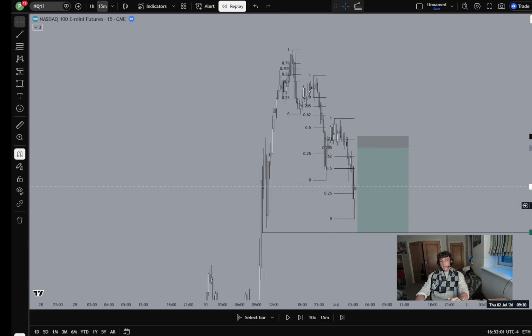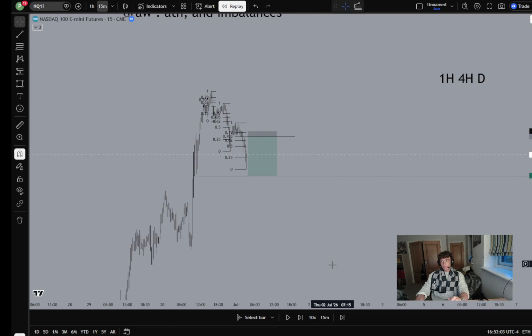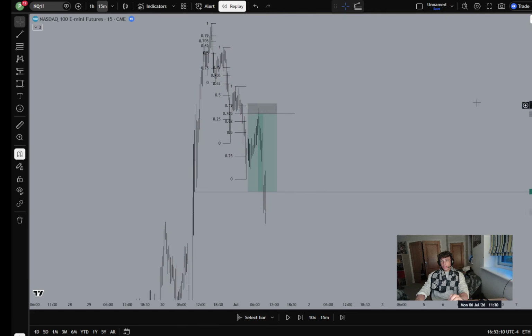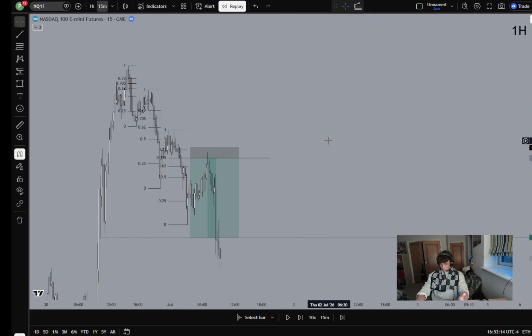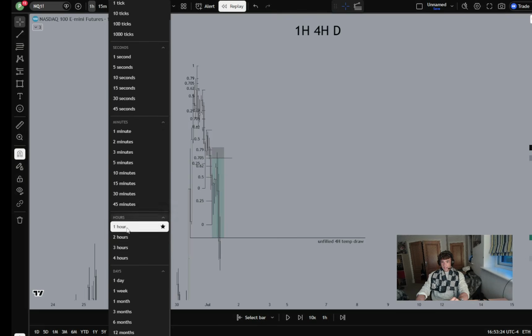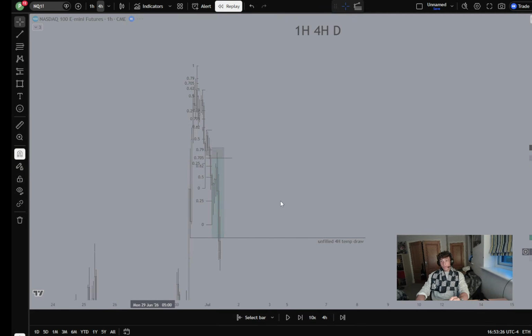Now, as you can see, price ends up going up here and coming down to our temporary draw, okay? We get tapped in, and price comes to our temporary draw. Really simple. Tell me how OTE isn't the easiest model, because all we're doing, pardon me, guys, is we're coming up, reacting from ranges, small range, bigger range, biggest range, finally taking this draw out. Okay? As you can see, the 4 hour has now been tapped.